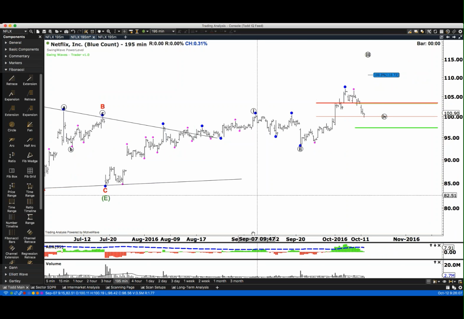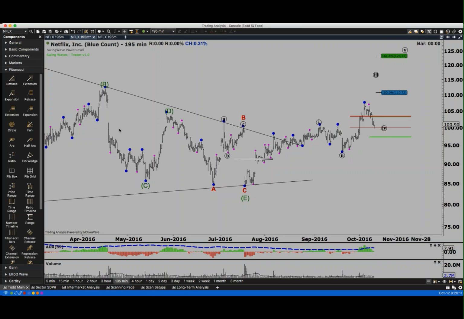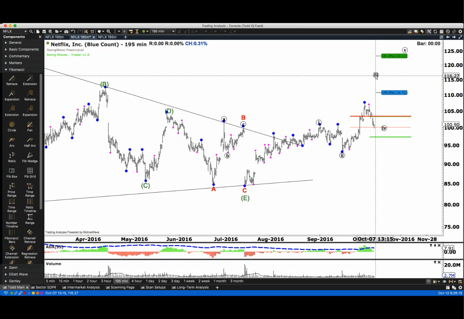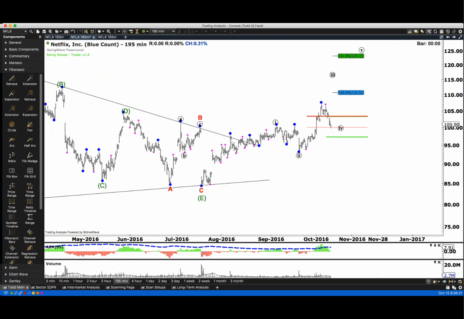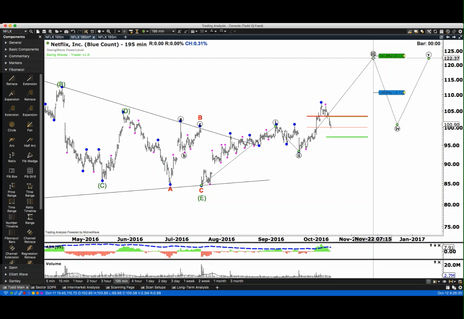All right. So it's possible that Netflix broke out finally. We have a long triangle as soon as MotiveWave pulls in the data here. It's been going on for a while. Looks like we're going up in 1, set back in 2, and now seem to be rallying up in wave 3. So let's stretch wave 3 out and give us some room to work here. The 161% would be the ideal wave 3.